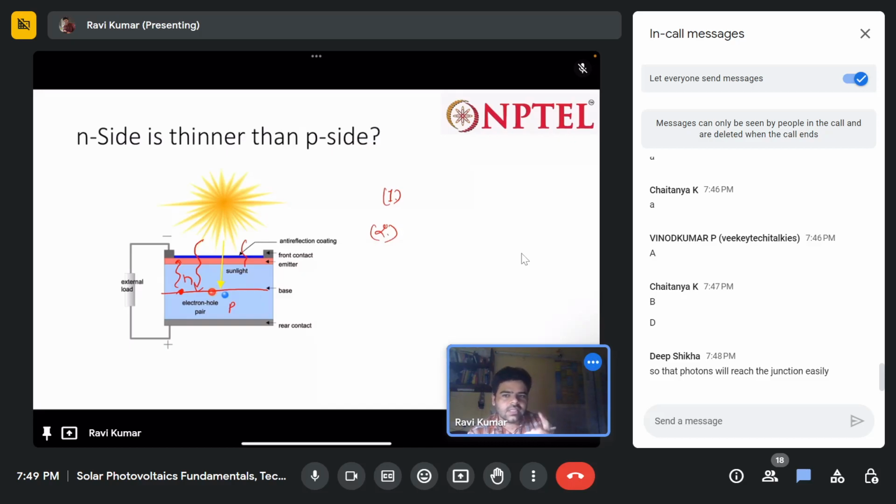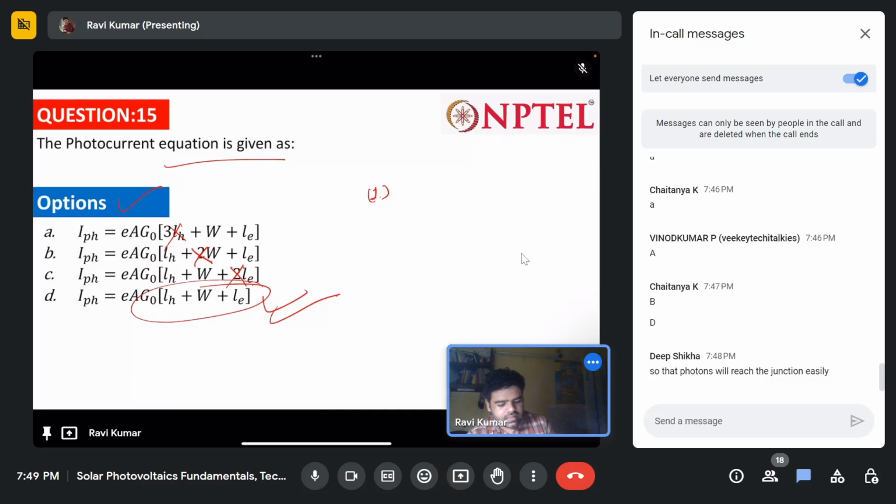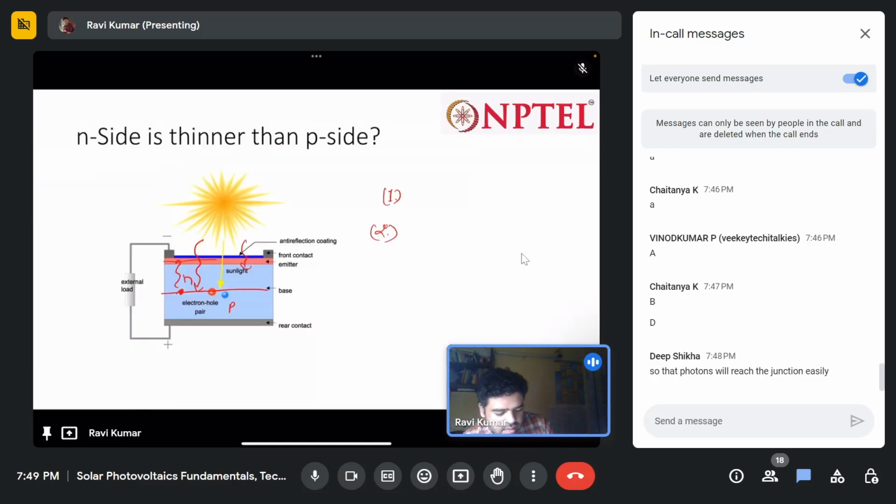Third thing is that we are having charge carriers from the width of this depletion region, plus the diffusion length of hole and electron. So we are having this kind of structure. And you have also seen one thing more,